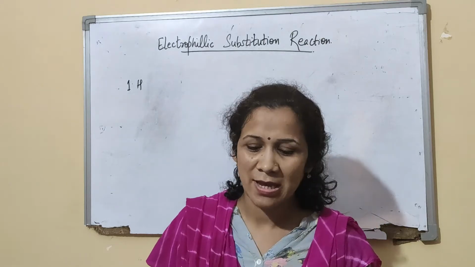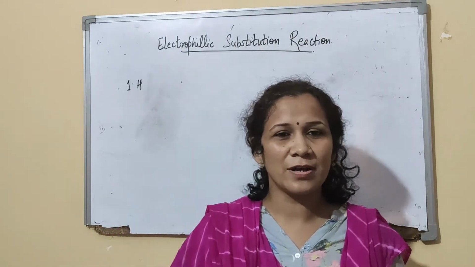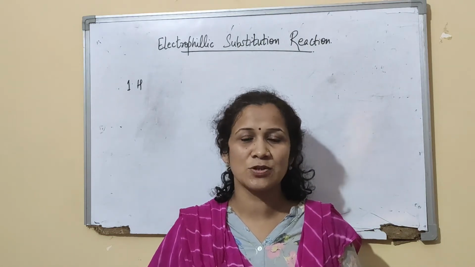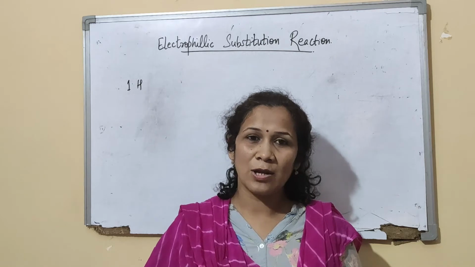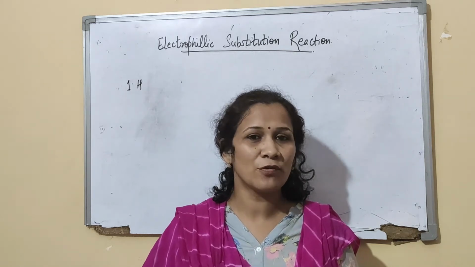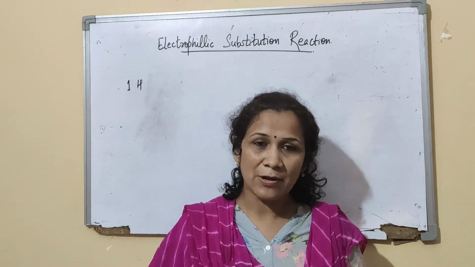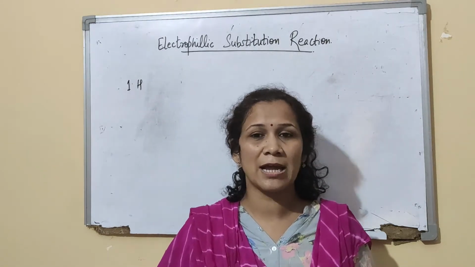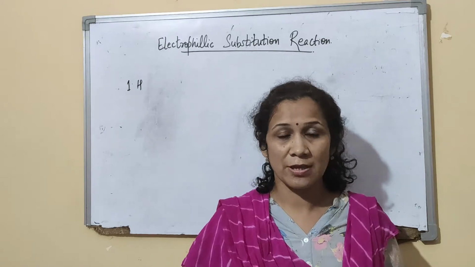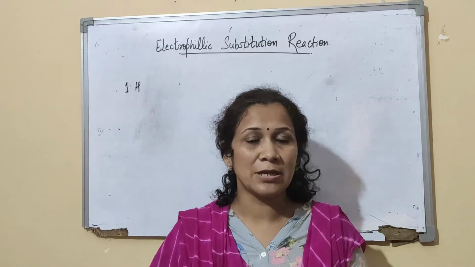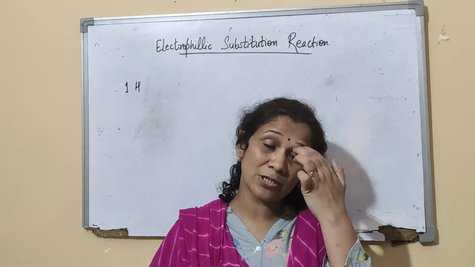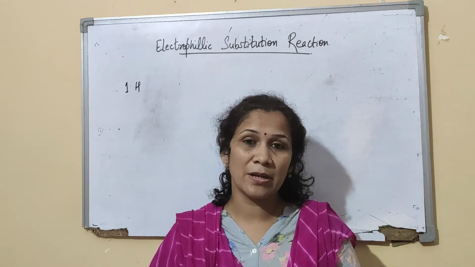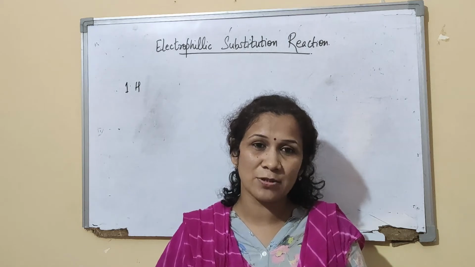Good morning, students. So yesterday we already did all the reactions of haloalkanes and haloarenes. That was nucleophilic substitution reactions. In haloarenes, we found that the rate of reactivity was less. That was the reason why we had only one nucleophilic substitution reaction, and that was Dow's process, if you remember. Dow's process, when we did the reaction, it was done under drastic conditions. It was 620 Kelvin and the pressure was 300 atmospheric pressures.